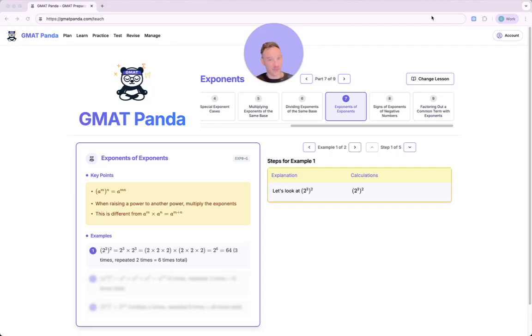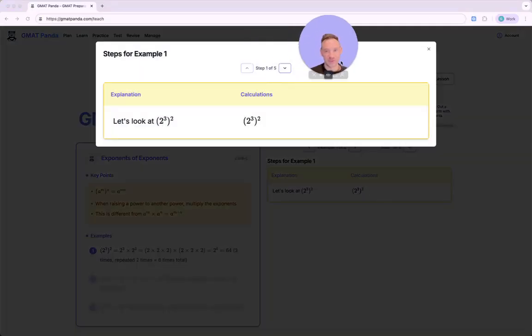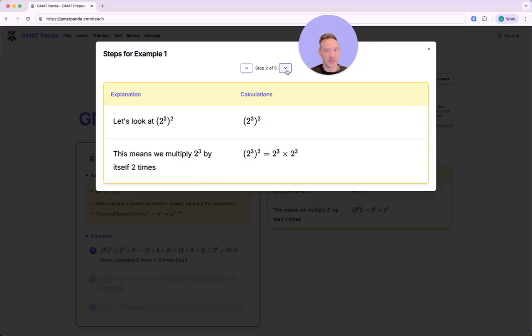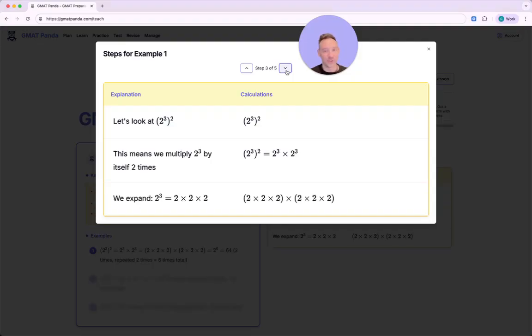Now, let's see what happens when we have an exponent of an exponent. So, let's look at an example. 2 to the power of 3, which we then elevate to the power of 2. It may seem very complicated, but if we break things down, what we're doing is, so 2 to the